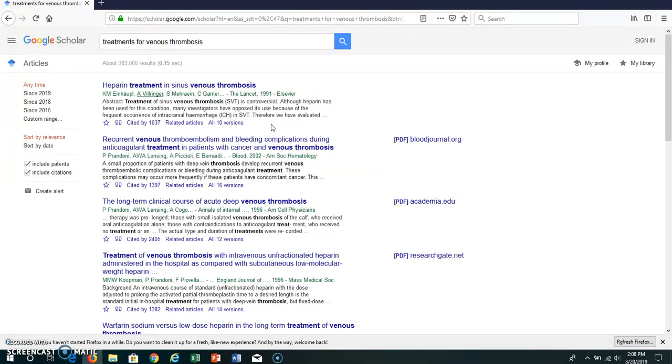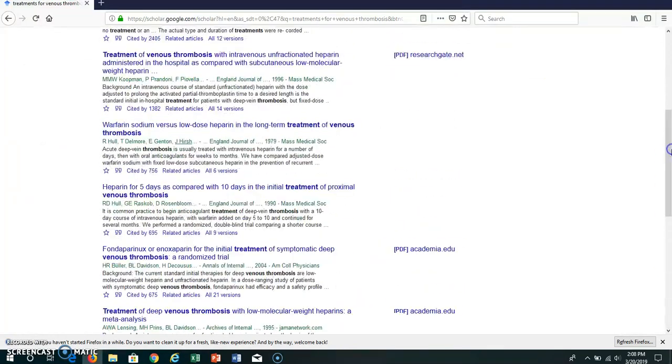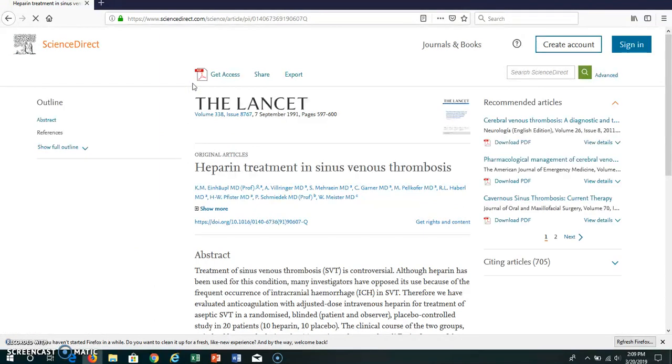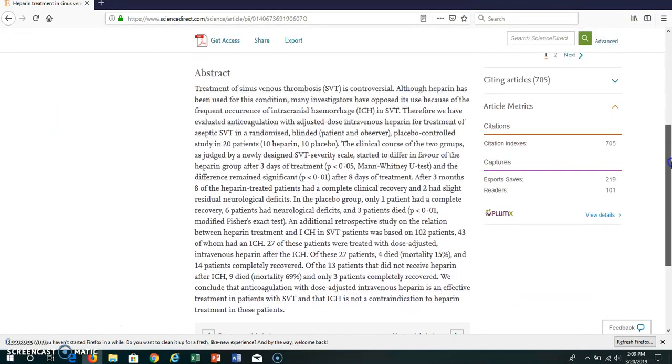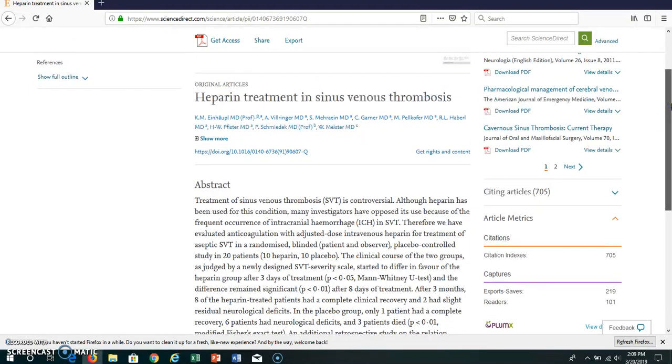And it does give a lot of lists. So, like I said before, I always ignore the PDFs and try to look at the other options. So it does say heparin treatment and sinus venous thrombosis. So this is venous thrombosis in the sinus. So this is good. I'll click on this and go through my abstract and understand why heparin is good for